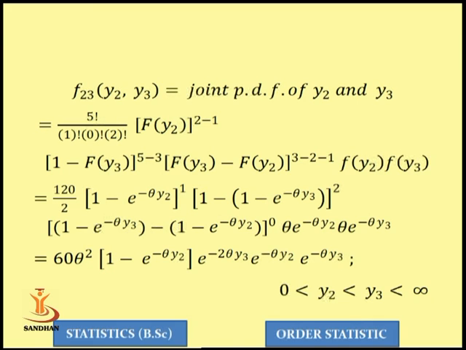Now, again you can see that in the general expression we had written the range from minus to plus infinity. But since the exponential random variable does not vary from minus to plus infinity, it varies between 0 and infinity, that is why the lower limit here is 0. If it had been another distribution like the normal or something, maybe your lower limit would be minus infinity. So you have to be careful.